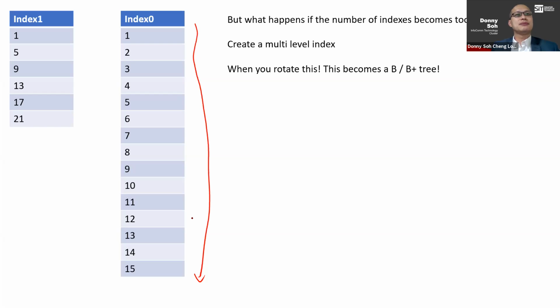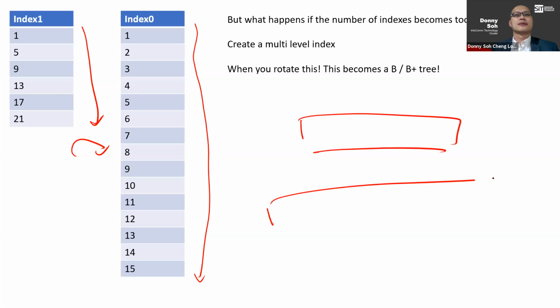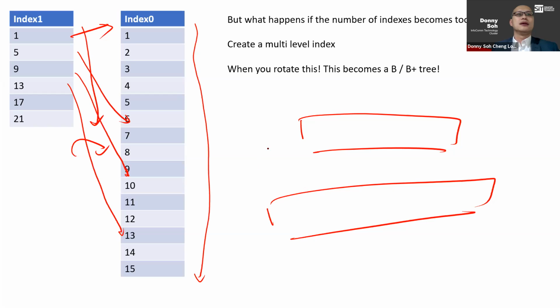If this index becomes too big, I build an index on this index. And so what I mean to say is, if I were to rotate this in a clockwise fashion, so let's say this is like that, this is like that, like that. So it then becomes